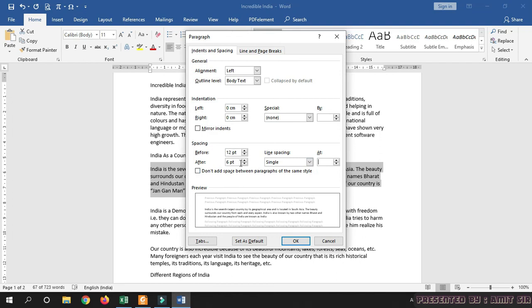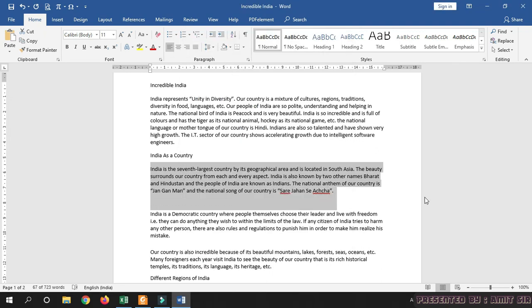After providing the desired value, click on OK. So today we learned how to make line spacing and paragraph spacing within a Word document, where the line spacing defines the space between two lines within a paragraph and the paragraph spacing defines the space between two paragraphs within a page or within a document.